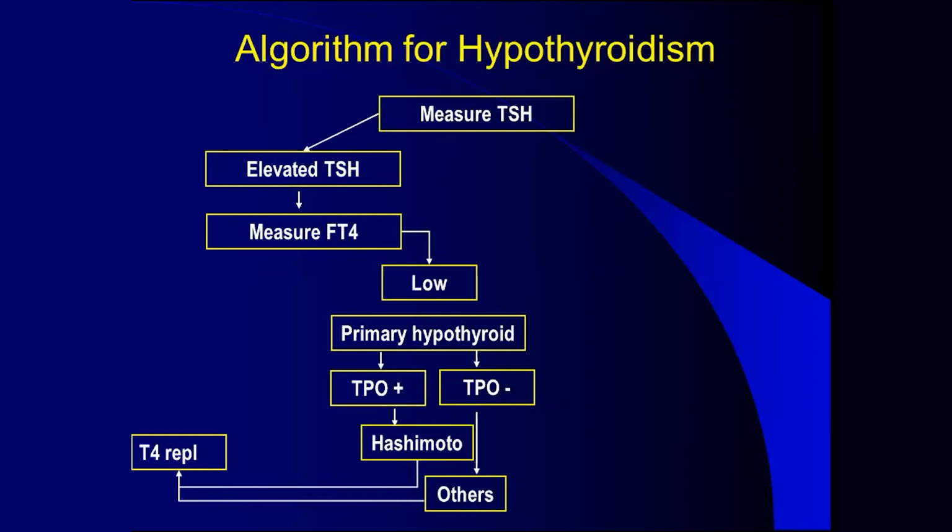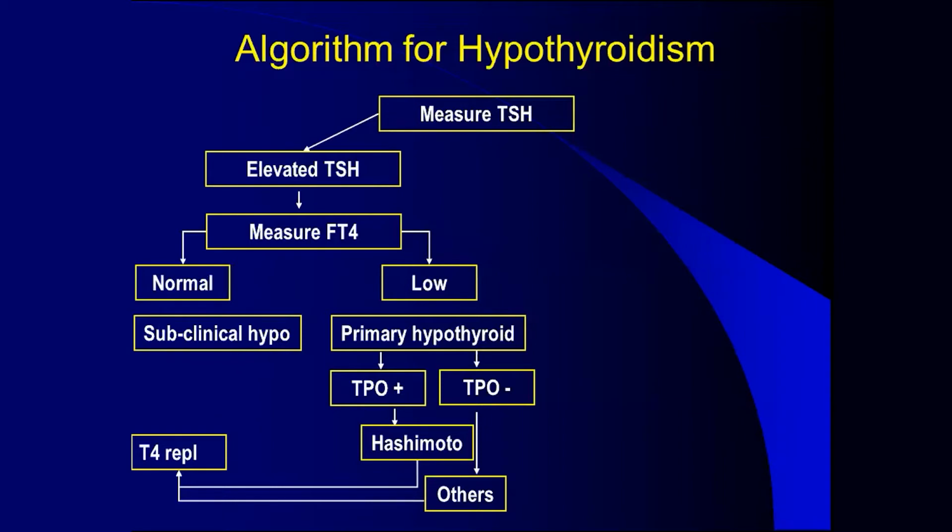But the advantage of knowing this is that in Hashimoto, thyroid function could fluctuate anywhere from hypothyroid to euthyroid to hyperthyroidism, and more frequent fluctuations are common. Hence, we need to understand whether Hashimoto is there or not. Also, Hashimoto has some risk of progression to both thyroid lymphoma as well as thyroid malignancy. So we need to know from a prognostic point of view whether Hashimoto is there or not.